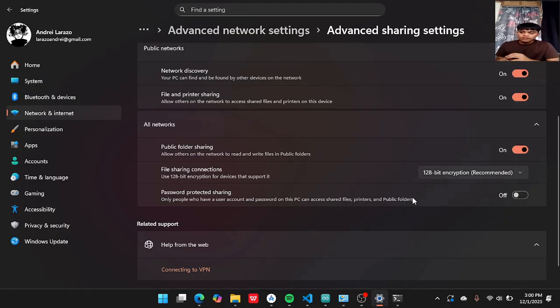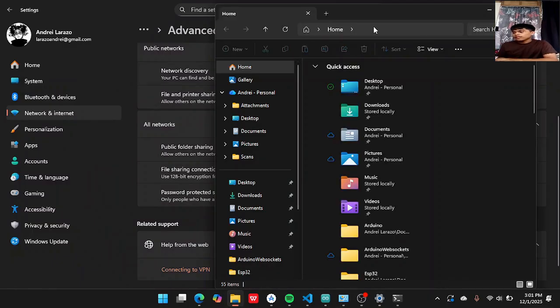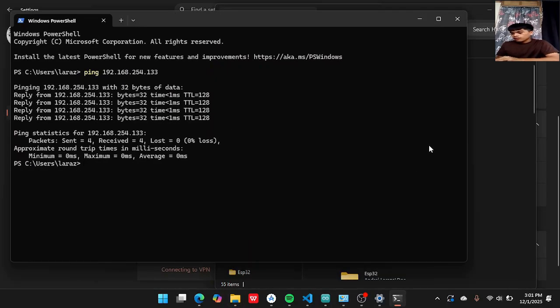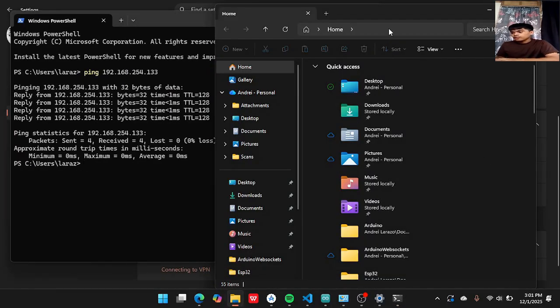So once we turn on all of these settings in advanced sharing settings, let's get the files of the HP laptop to the Asus. But before that, let's go to the folder and type the IP address of this laptop, 192.168.254.132.